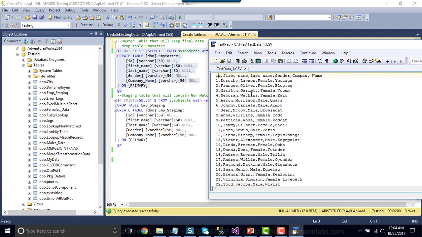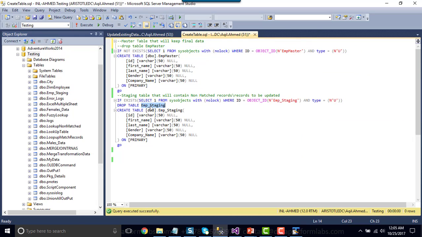For the new records, the records will be directly imported to the EMP master table, and for the existing records, for example, if an ID already exists in this particular table, EMP master table, then that particular record will get inserted to the EMP staging table, and later we will update data from this EMP staging table to the EMP master table based on the ID column. So that process will be very fast, and I will show you how we will do that.